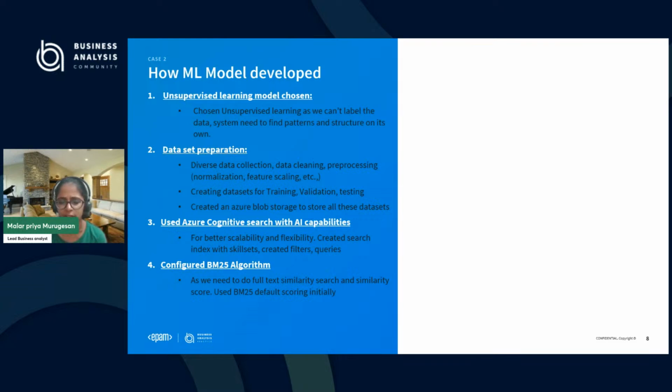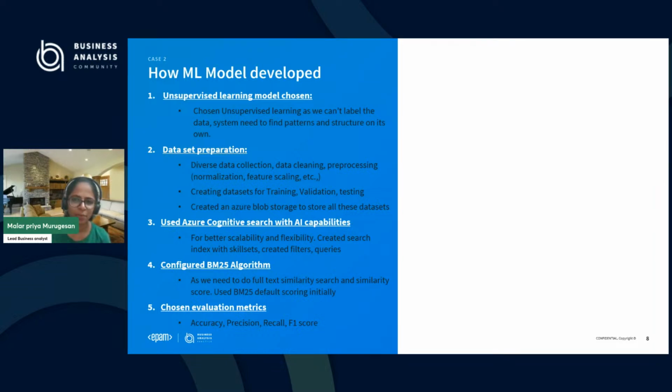K index and n index, etc. But eventually, when we trained and evaluated our model, we had to change the BM25 algorithm parameters again and again so that we could get the correct output, right? And finally, we chose accuracy, precision, recall, and F1 score as the evaluation metrics, very normal evaluation metrics for this type of unsupervised learning, right?